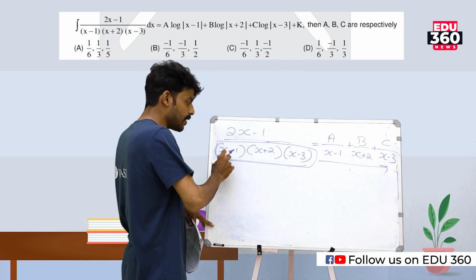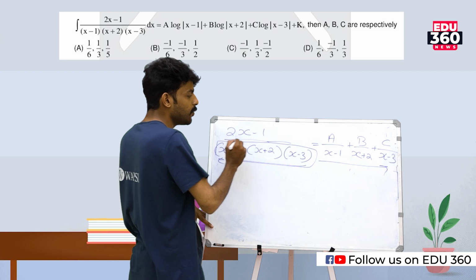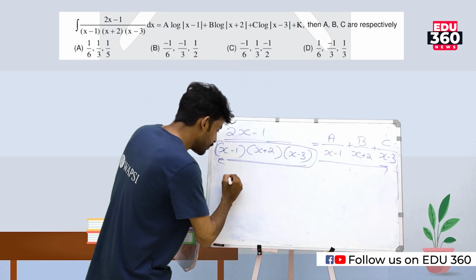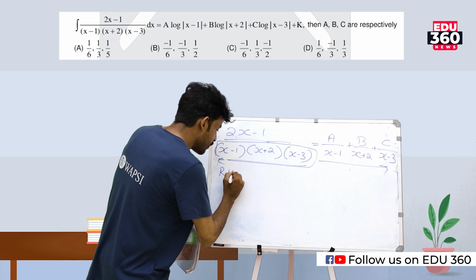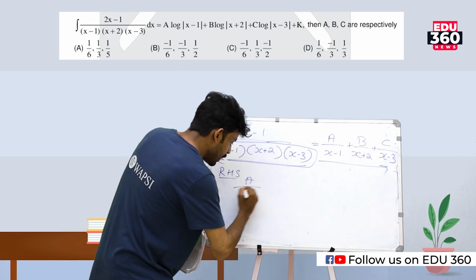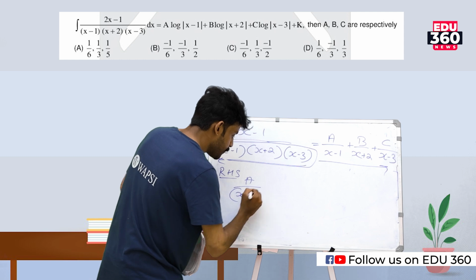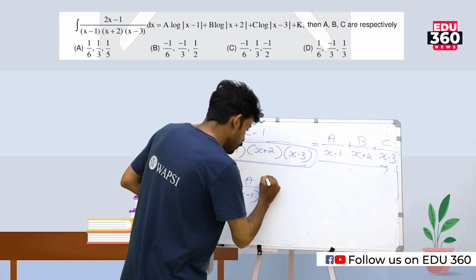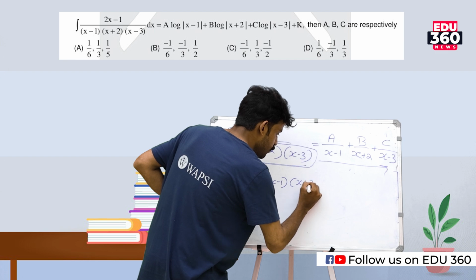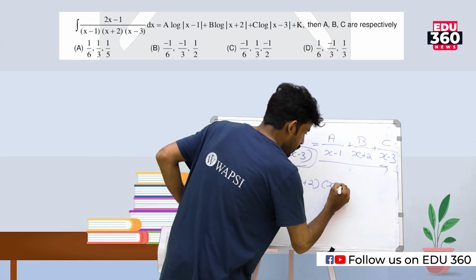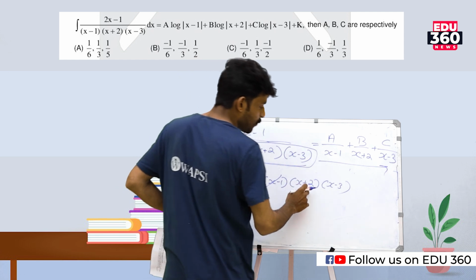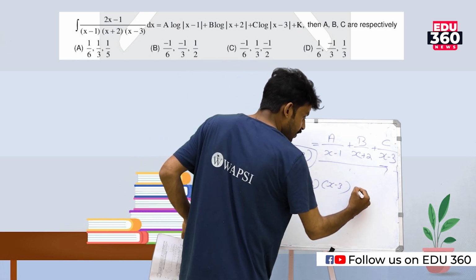After multiplying, for this one the RHS is a into x minus 1 into x plus 2 into x minus 3, so we can cancel x minus 1 here. So a into x plus 2 into x minus 3